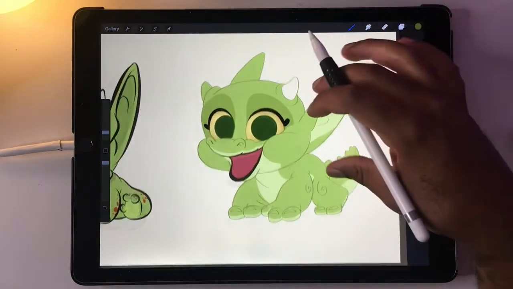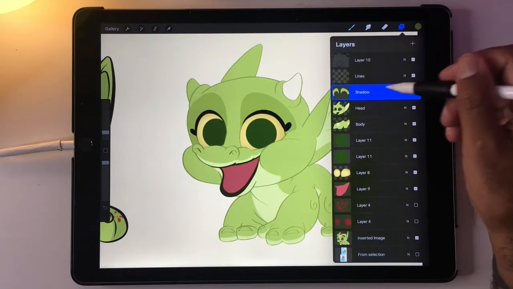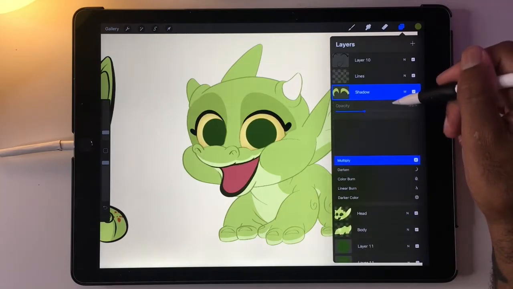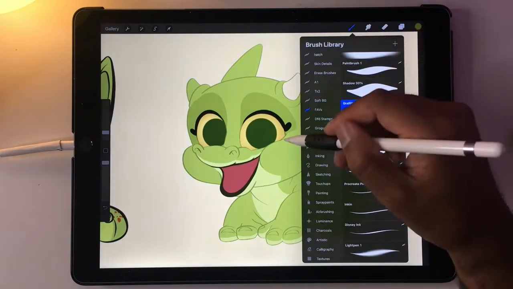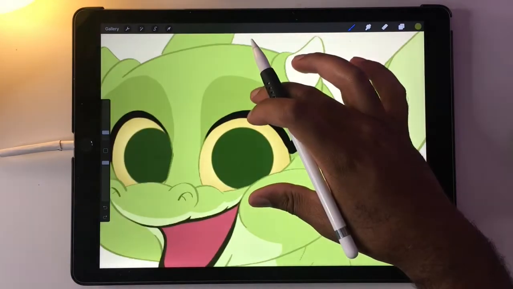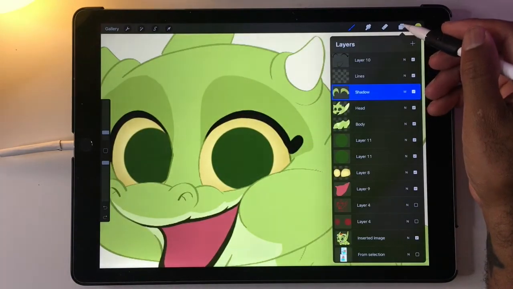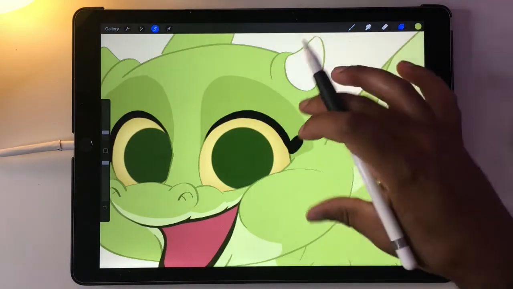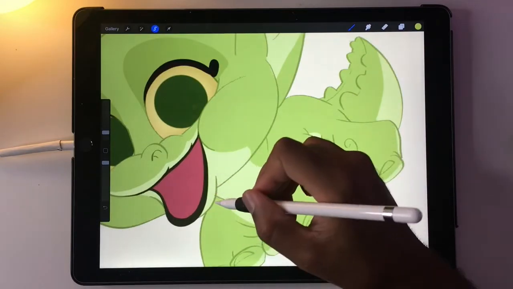Okay, so let's add some shadows to the rest of the body. I don't remember what color I used for the shadows. Let's see how this looks. See if I can just copy this color. Okay, that works. So I'm going to select the body. I'm going to go back to my shadow layer. So now the only thing I can color on is the